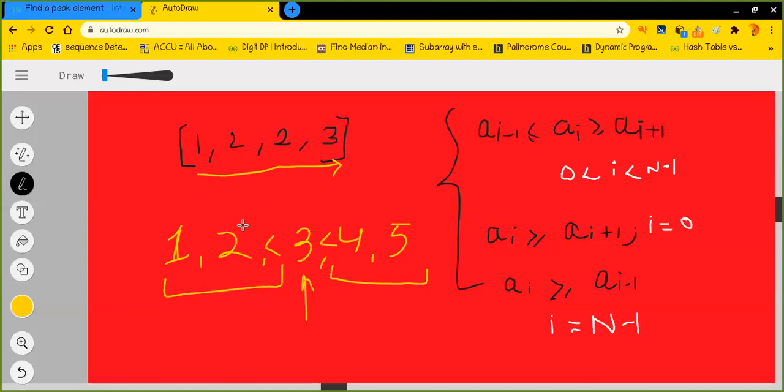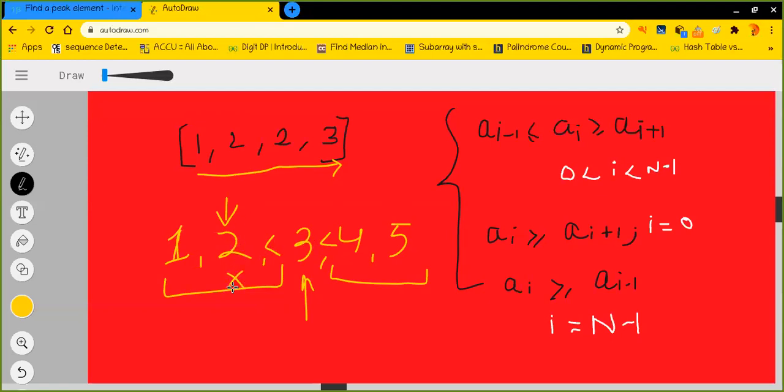An element is a peak element if it is bigger than both its left neighbor and its right neighbor, unless it has no left or right neighbor, which is a different matter. But look at this particular element. It is already lesser than its right neighbor, so it does not matter whether it is bigger than its left neighbor or not. It cannot be a peak element.